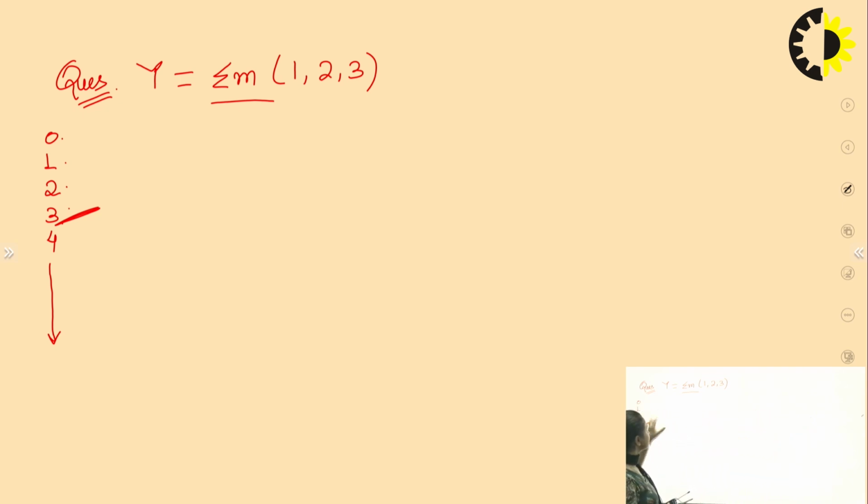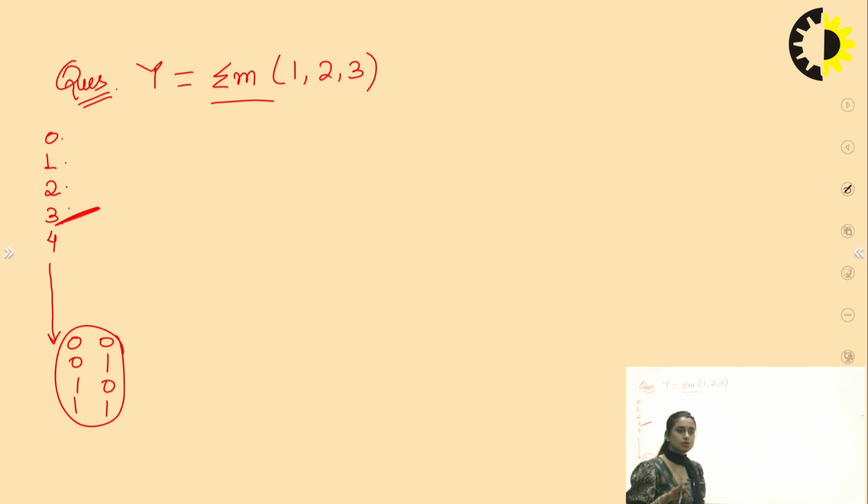So 4 levels can be represented with how many minimum number of variables? 4 levels can be represented with a minimum of 2 variables, isn't it? With A, B, or 2 variables, I can have these combinations, right? We just checked. So this is definitely a question of SOP and 2 variables.